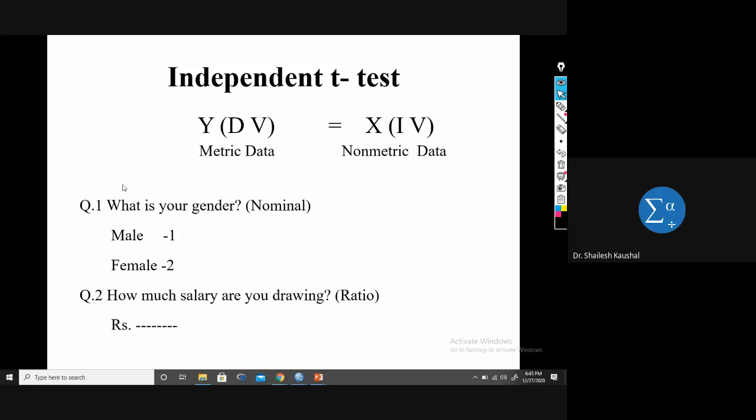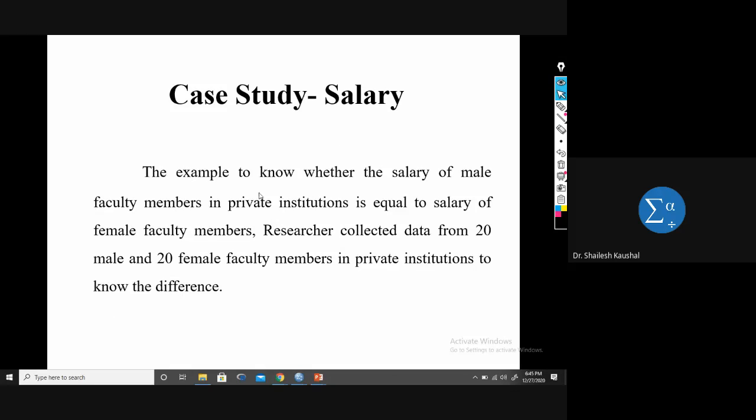Okay. So this type of data means the two variables we are using here, one should be in metric form and another in non-metric form, for performing the independent t-test. So this is the case study. The example is to know whether the salary of male faculty members in private institutions is equal to the salary of female faculty members. The researcher collected data from 20 male and 20 female faculty members, and then we